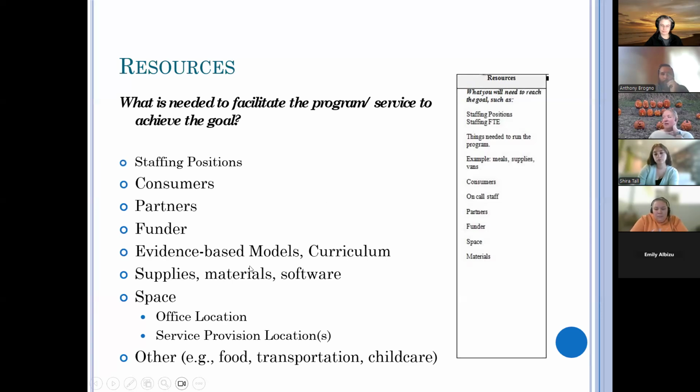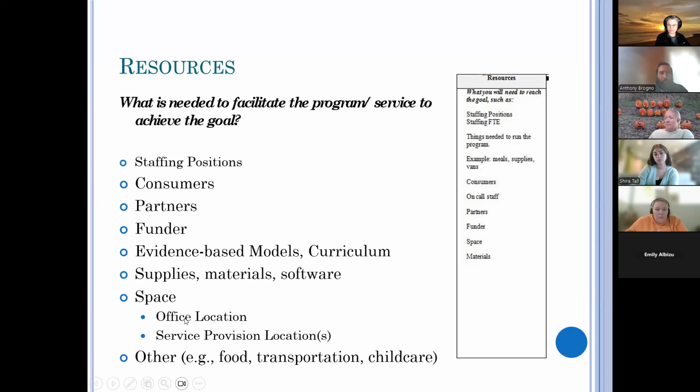You might put supplies, materials, and software. It's often like our electronic health record. If food is part of your budget for the program, you would put food for meetings or whatever. In the past, we actually even provided childcare. So that would be both a resource and maybe an activity, depending on how the childcare was provided.